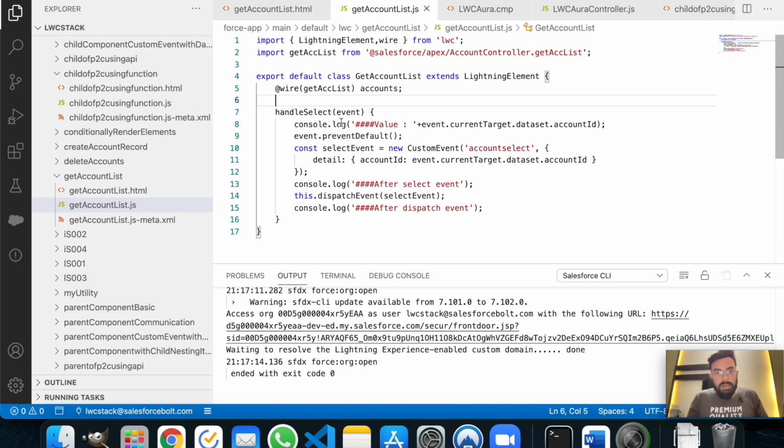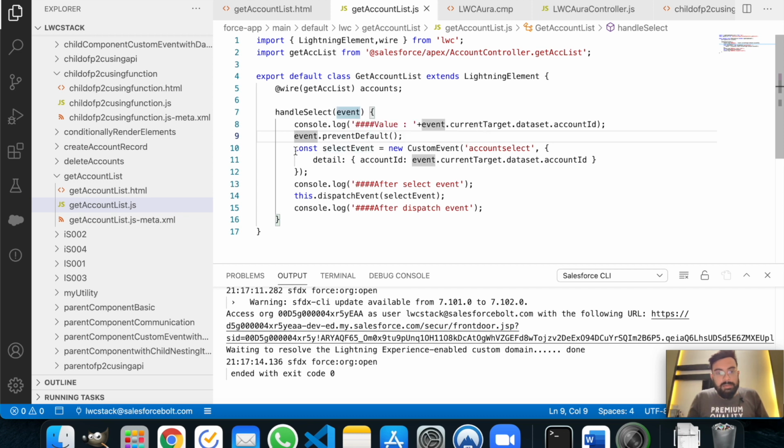Okay, and for testing purposes, I have just printed the value here. As you can see, there are a few logs to check if the event is working before dispatch and after dispatch, and I'm also printing the value for testing purposes here. On line number 9, I'm using event.preventDefault to prevent the anchor tag's default functionality, which is to redirect us to another page. So using event.preventDefault, we can prevent the default functionality of the a tag.